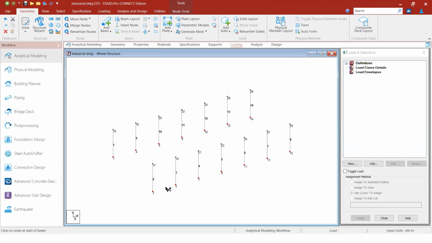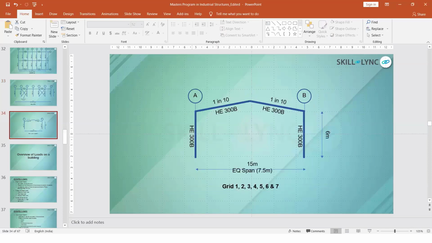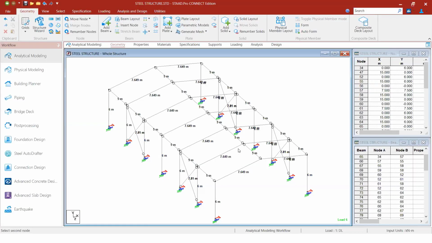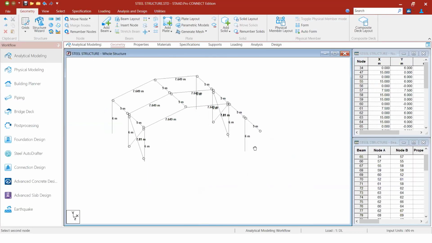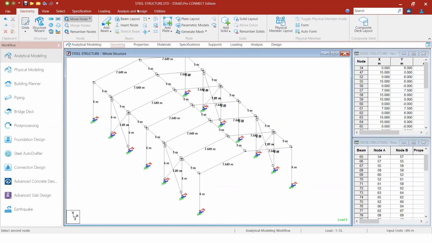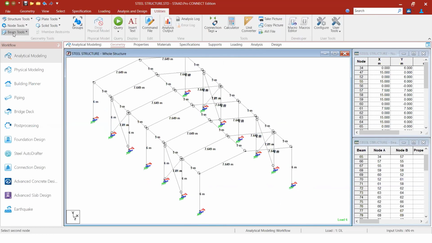Okay, so now I want to see the total height of the building. I'm assuming the total height of the building because it's not given in the project, right? So the height of the column is 6. So I'm taking a small curved 15.